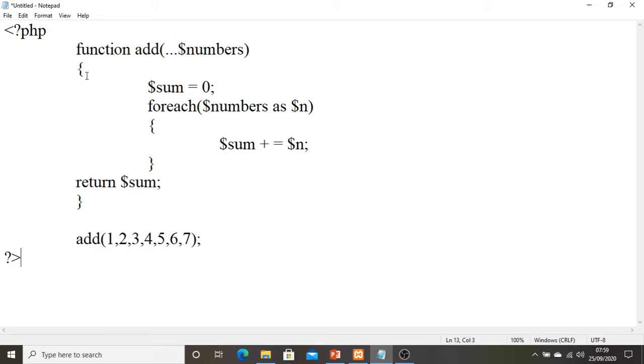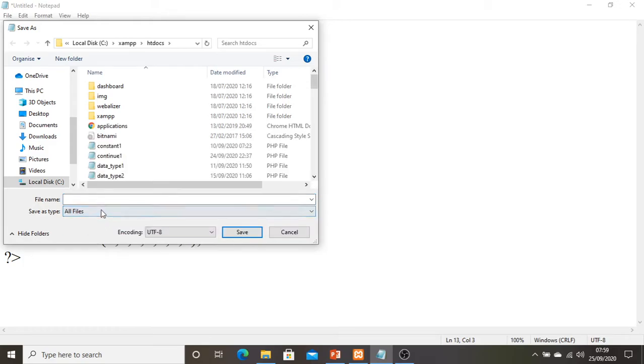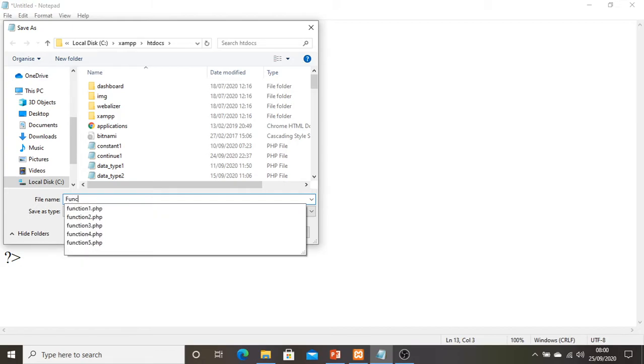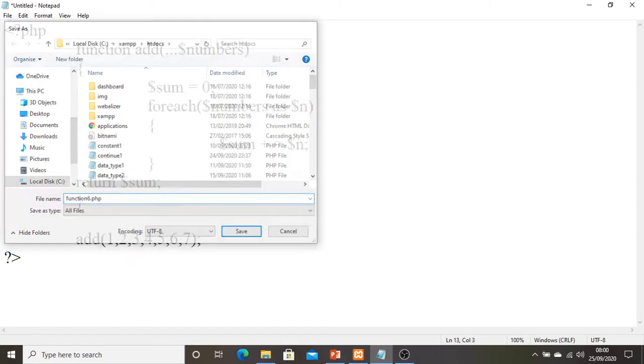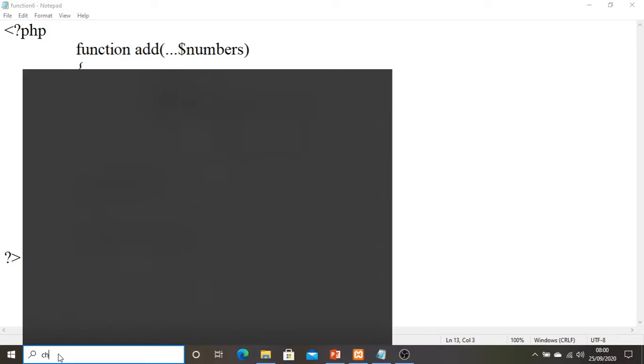Once I call the function, let me save the file. It is in the htdocs, in all files. This is an example of function only, so I will name it function6.php. Okay, let me go to a browser, any browser.